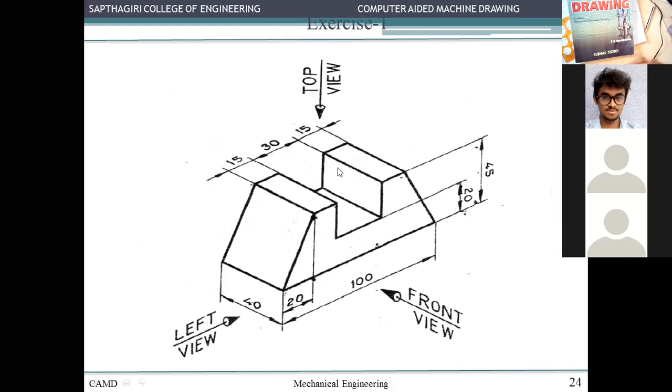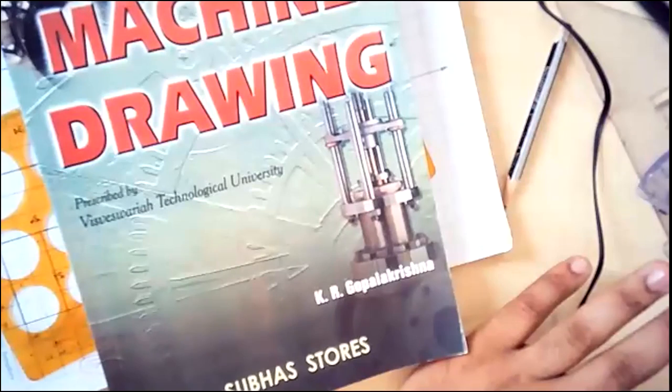Okay, this is the first example we are taking for drawing orthographic projection. I'll show the answer also. See, the viewing direction is given, the front view. The question will be directly like, draw the orthographic projection of the part given below. That's all. One particular viewing direction will be given, and then the remaining views you are supposed to represent. So according to these dimensions, I have to represent this 2D drawing from this 3D view. I'll stop this and start sharing one more sheet.